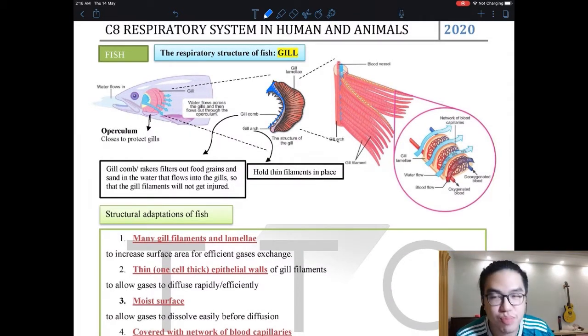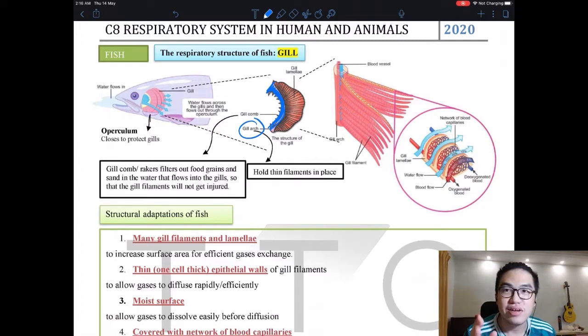This is like the big branch of a tree. This thing is called a gill arc. And then on the arc branches you have leaves. The leaves we call lamella. So if you have seen a fish gill before, let's say your mom has